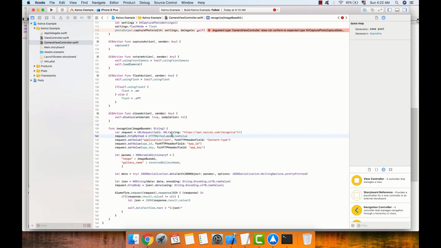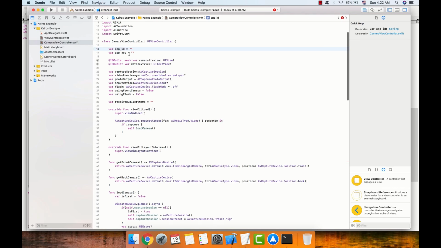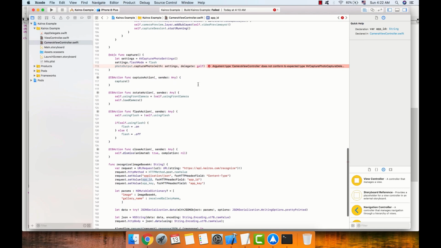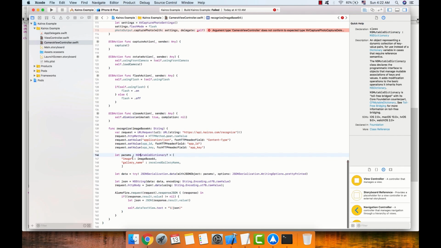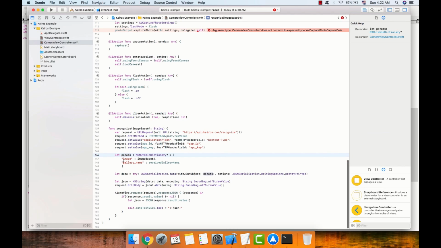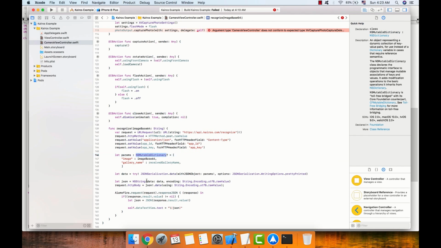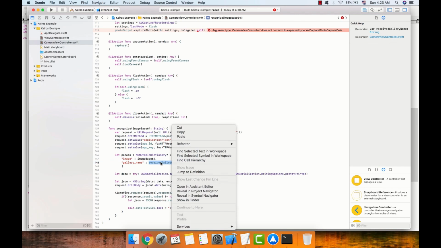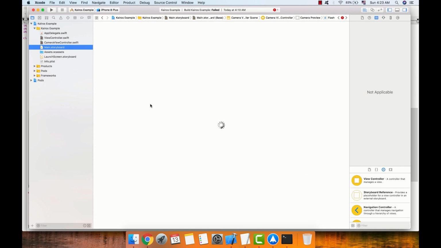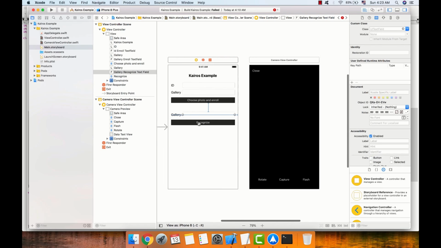We are also making a post request and sending the raw value, setting the header application type JSON, and we are setting the app ID and app key, which are these variables. I could have declared a universal one and then just used it, but I'm just trying to make it simple. And I'm passing parameters as an NSMutableDictionary: the name, basic info, and received gallery name. Actually, it is the gallery name we receive from this text field,